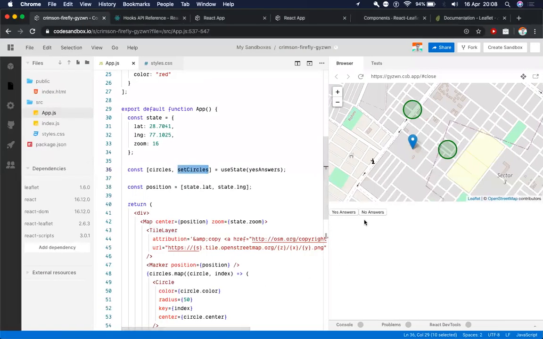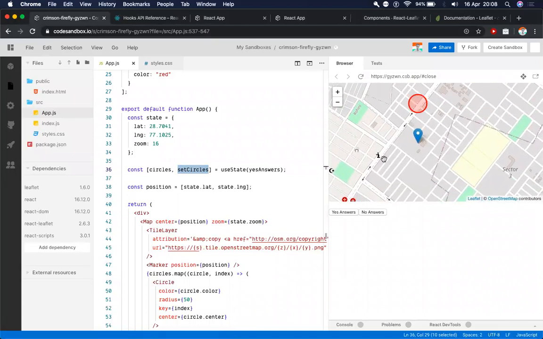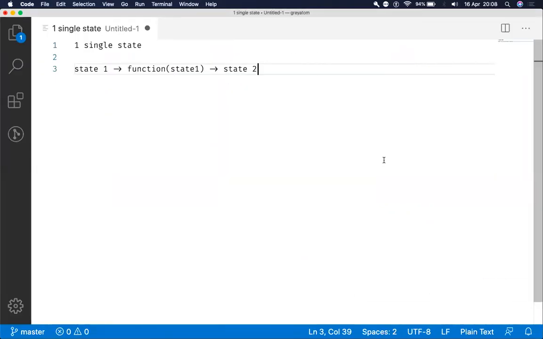So you can consider these two states of our application. State one is when we clicked on yes answers and we are getting the yes answers displayed here. The second state can be when we click on no answers and we are getting the no answers here. So this is state in functional programming. And the things which are causing the state to change are known as effects.